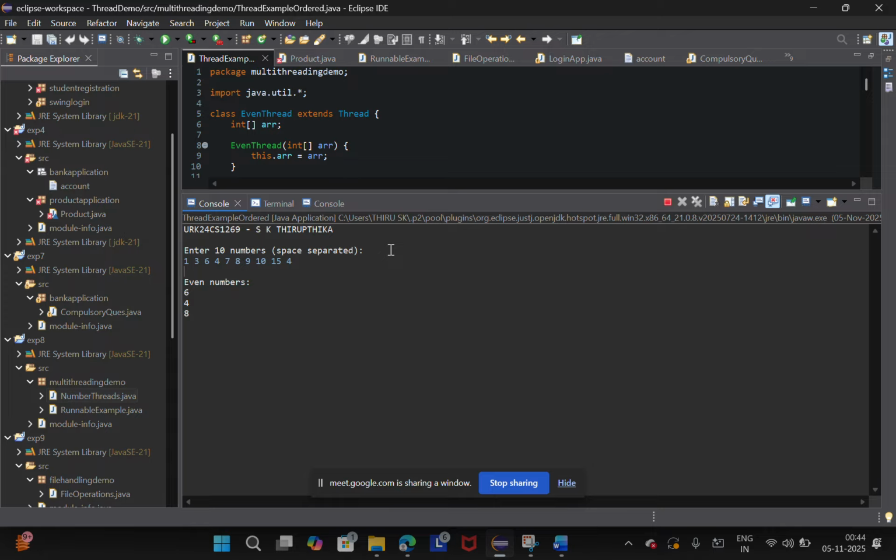The even thread would work first, with a delay of 2 seconds, and then followed by it, odd numbers would be executed with a delay of 2 seconds again. And then after the execution of both threads is completed,